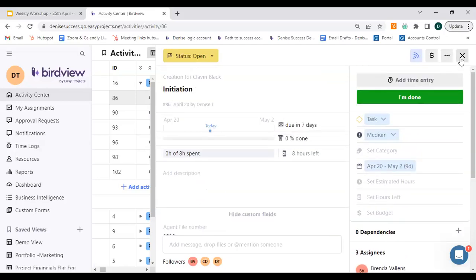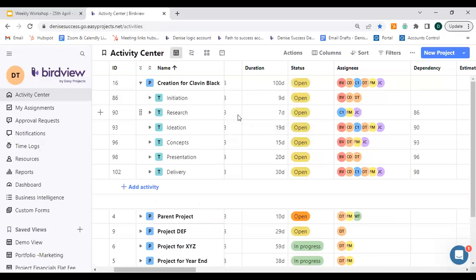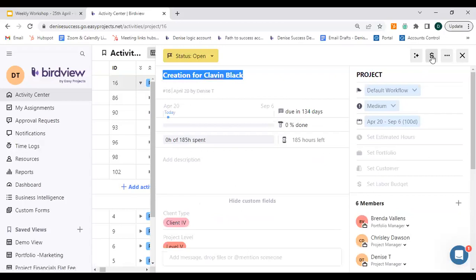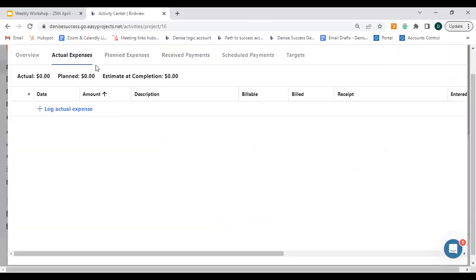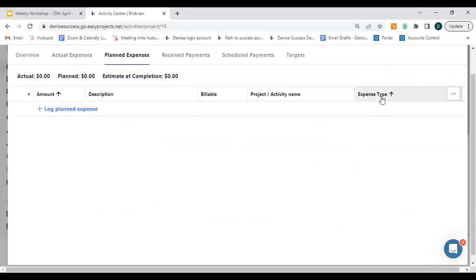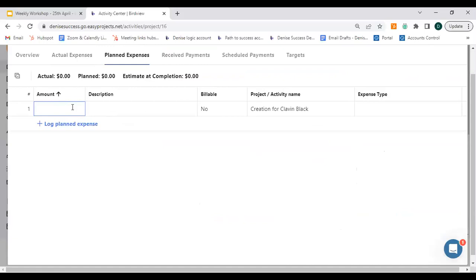Now, what I would like to show you next is what an expense field looks like in the system. So if I click on details and I jump to the financial piece right here, I'm able to see my planned as well as actual expenses. So if I click on my planned expense, I'm able to see my expense type appear right here. So we can go ahead and fill out a planned expense with the expense type, let's say 500,